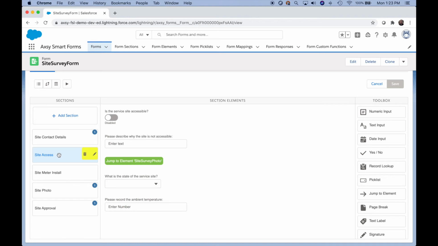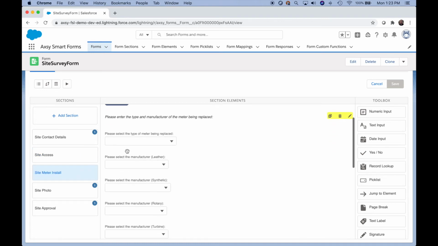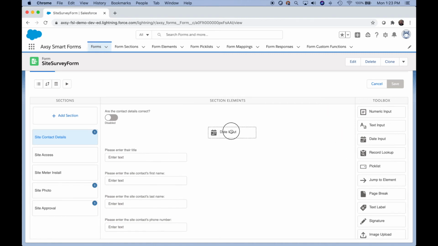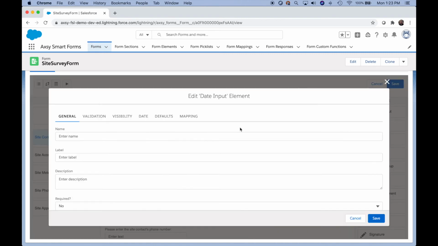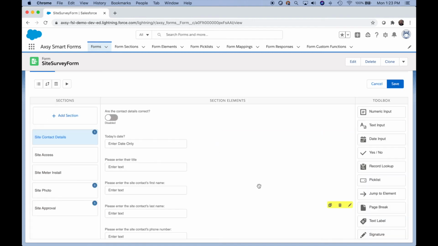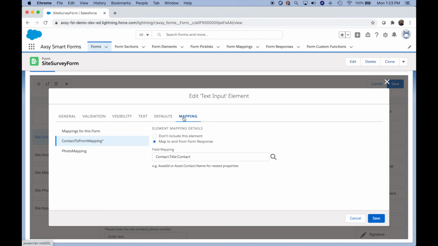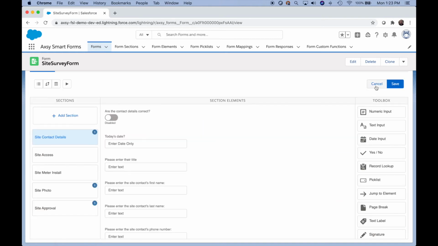Axie Smart Forms are created using our drag and drop what you see is what you get designer. Smart Forms are divided into separate pages or sections, and each section presents the list of questions available to the mobile user. Adding a new question is as simple as dragging it into the page and giving it a name and label. Questions can then be given validation rules and visibility rules, both of which evaluate even while offline. It can even be mapped to specific object fields within Salesforce, allowing for questions to be pre-filled based on existing Salesforce data and to have any provided answers update the mapped field.